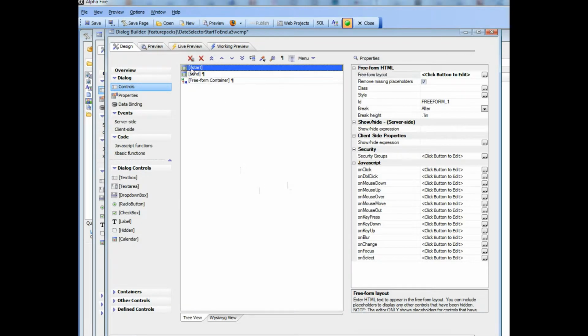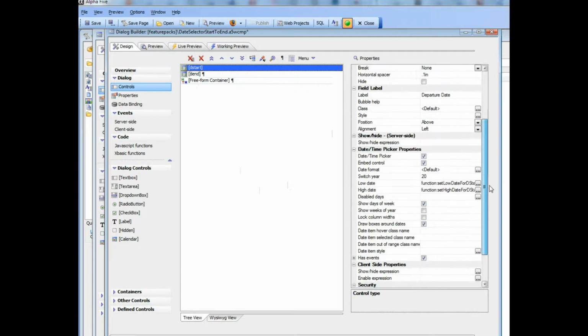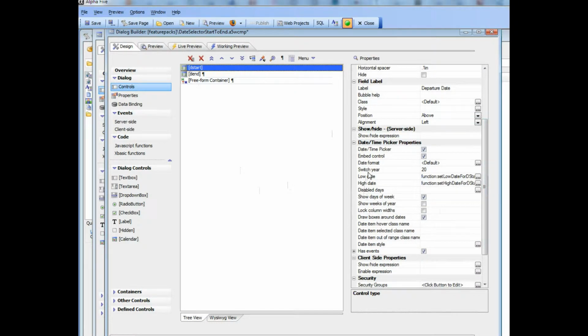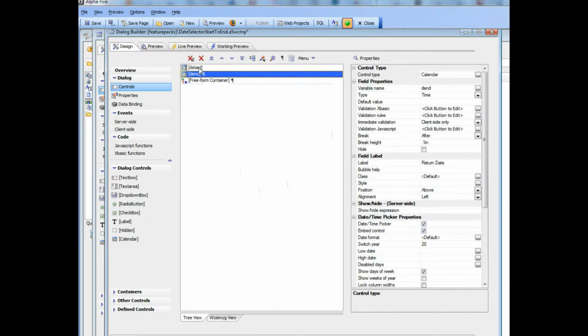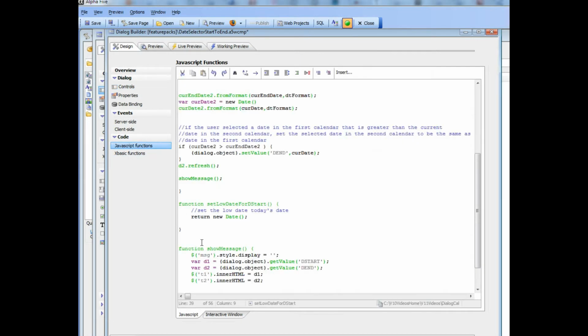And then on the selection event for both controls, for the start calendar and the end calendar, if I quickly look at the events, I'll see that we're calling the JavaScript function to set the date. So we're out of time now, but you can see here there